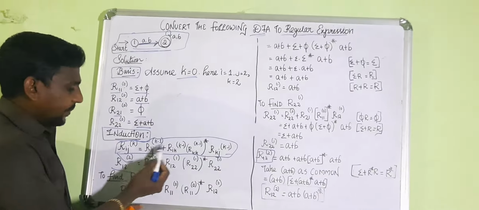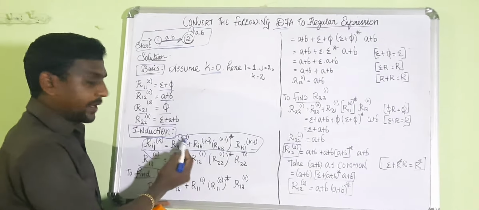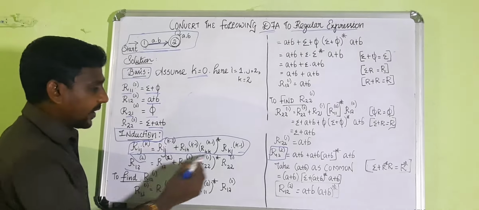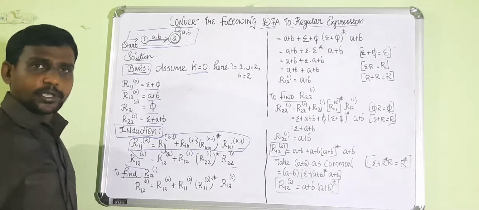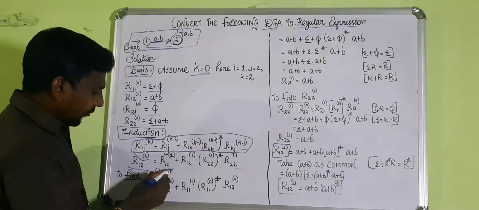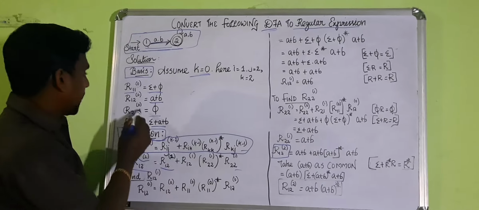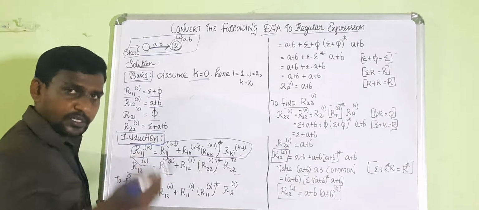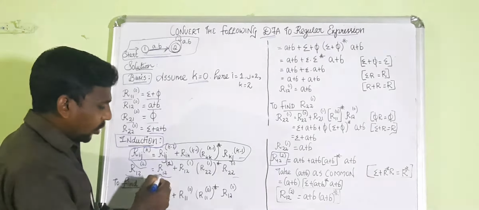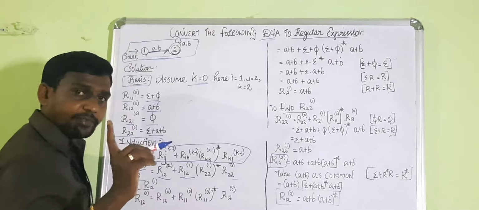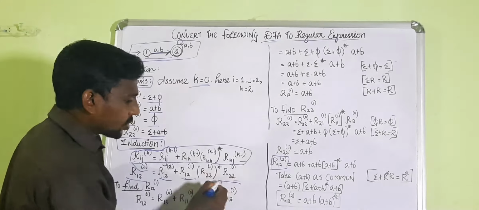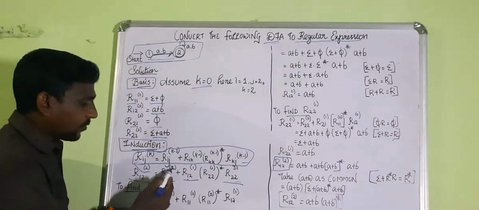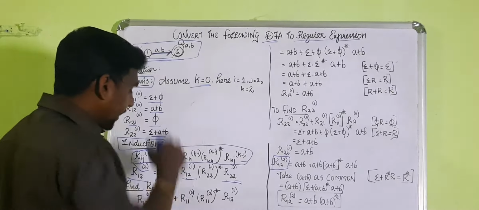So Rij power k minus 1: R12 power 2 minus 1, that is 1. Similarly, we will apply the i, j and k values here. So we will get it like this. Okay. See, here I want to find power 1, but I have the power 0 value. So I want to convert once again to get k minus 1, power 0. Okay, so R11 power 1, R12 power 1, and R22 power 1. So we have to find R11 power 1 once again to make the power value 0. Okay, so again we have to apply the formula.